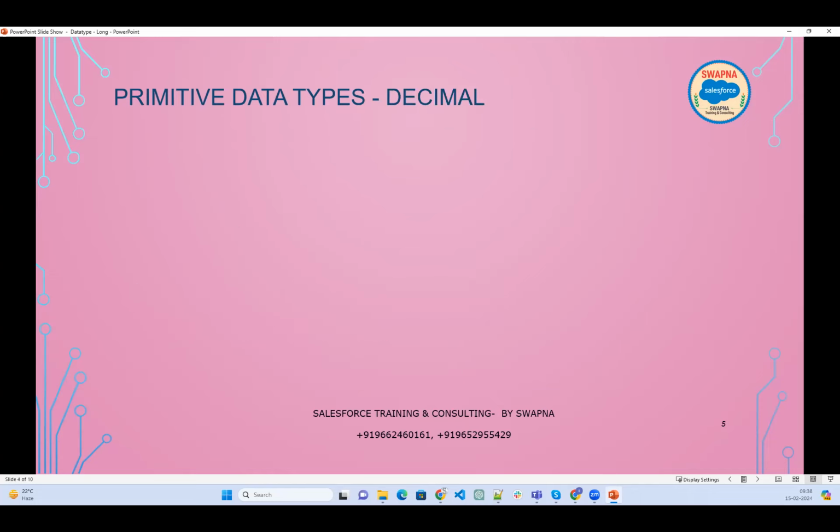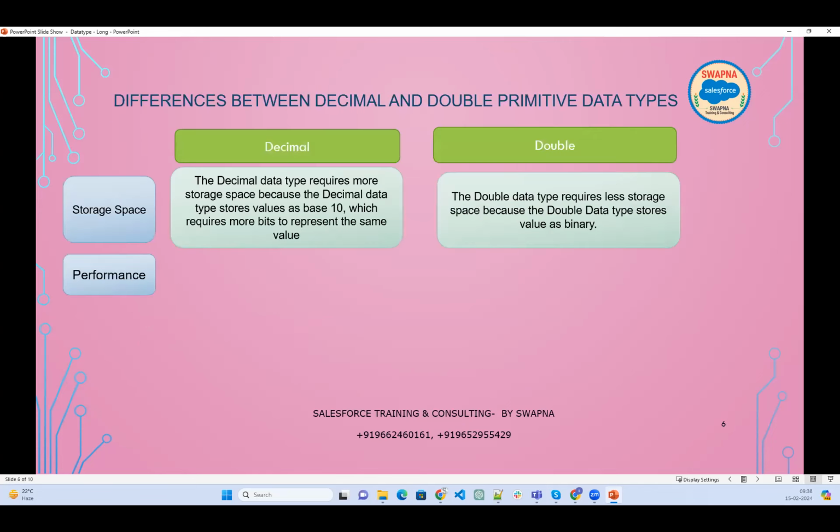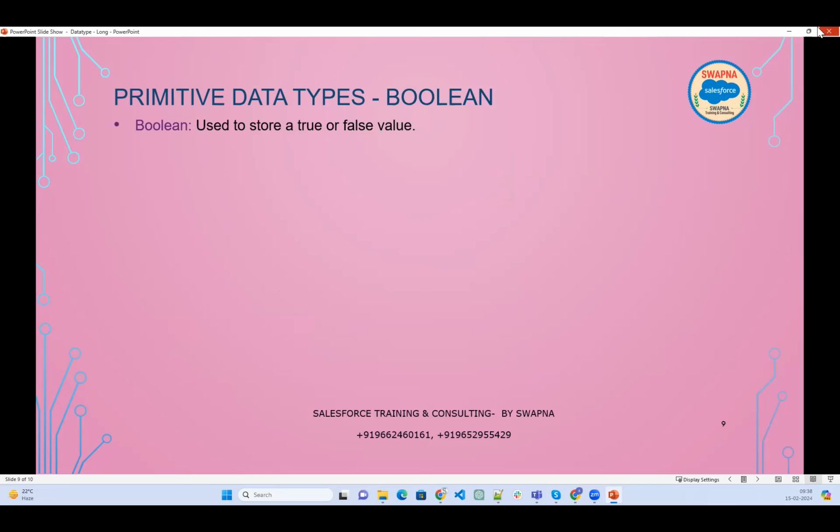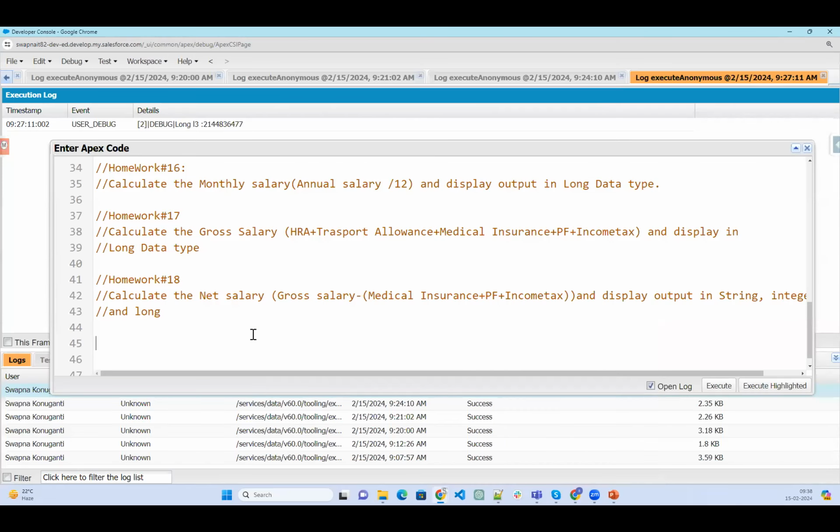The next one we will talk about is the Boolean data type, a primitive data type. Boolean is nothing but true or false.